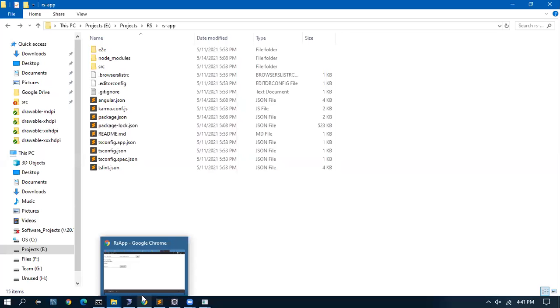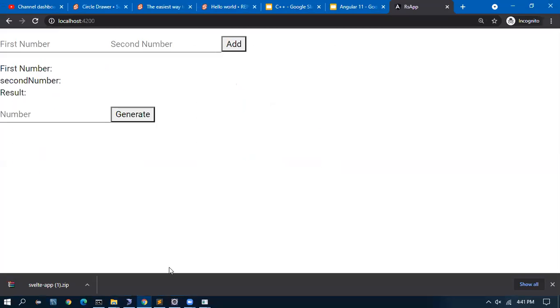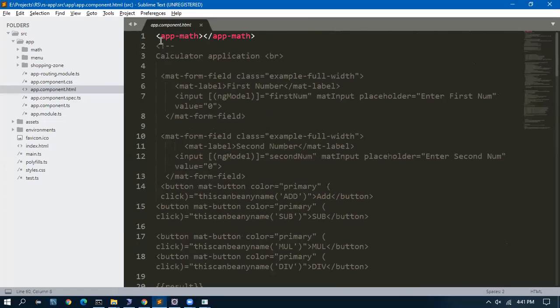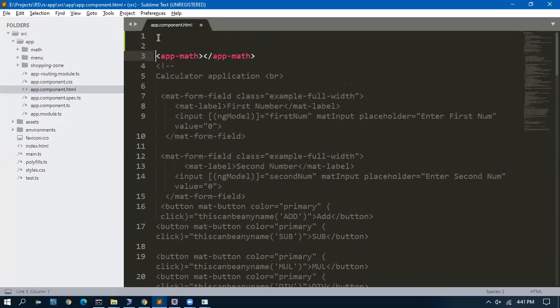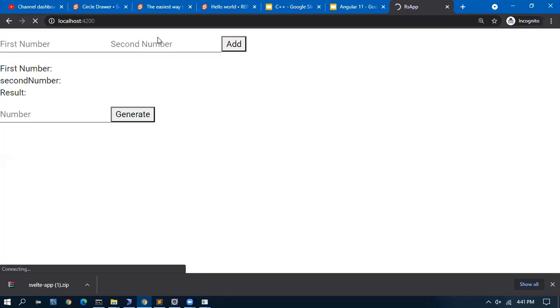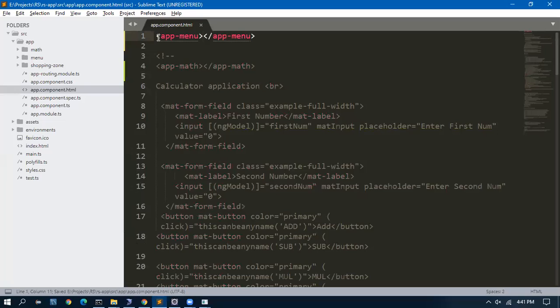So you have the ng serve up and running. In the meantime, I'll get the menu because this is a different system. It will be app-menu. So the menu will be ready. Menu works super.